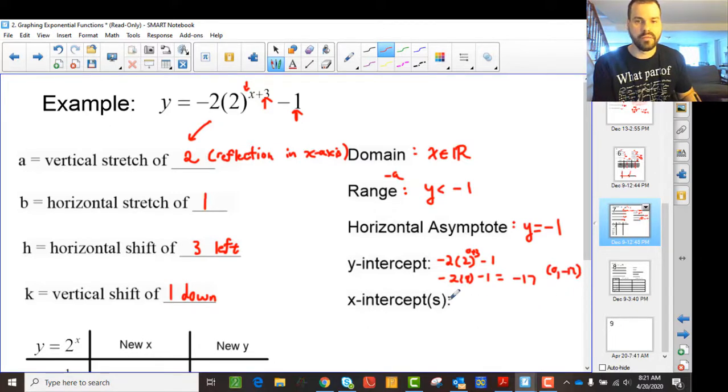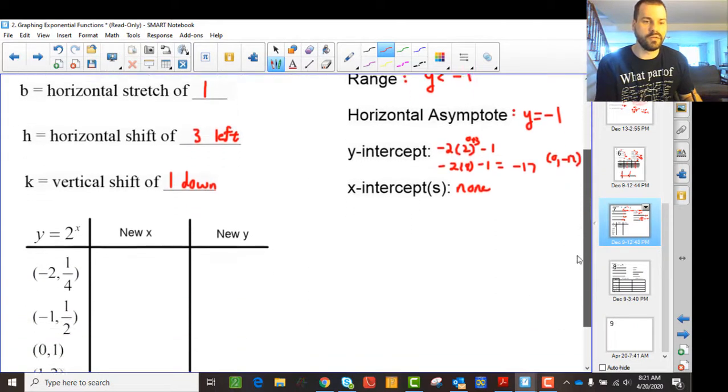Okay, and then the x-intercept, because the range is y is less than -1, there are none. Because you need y to be 0. And we're saying y can't be 0 because it's got to be less than -1. So hopefully that makes sense, that process. Then when we get down here,